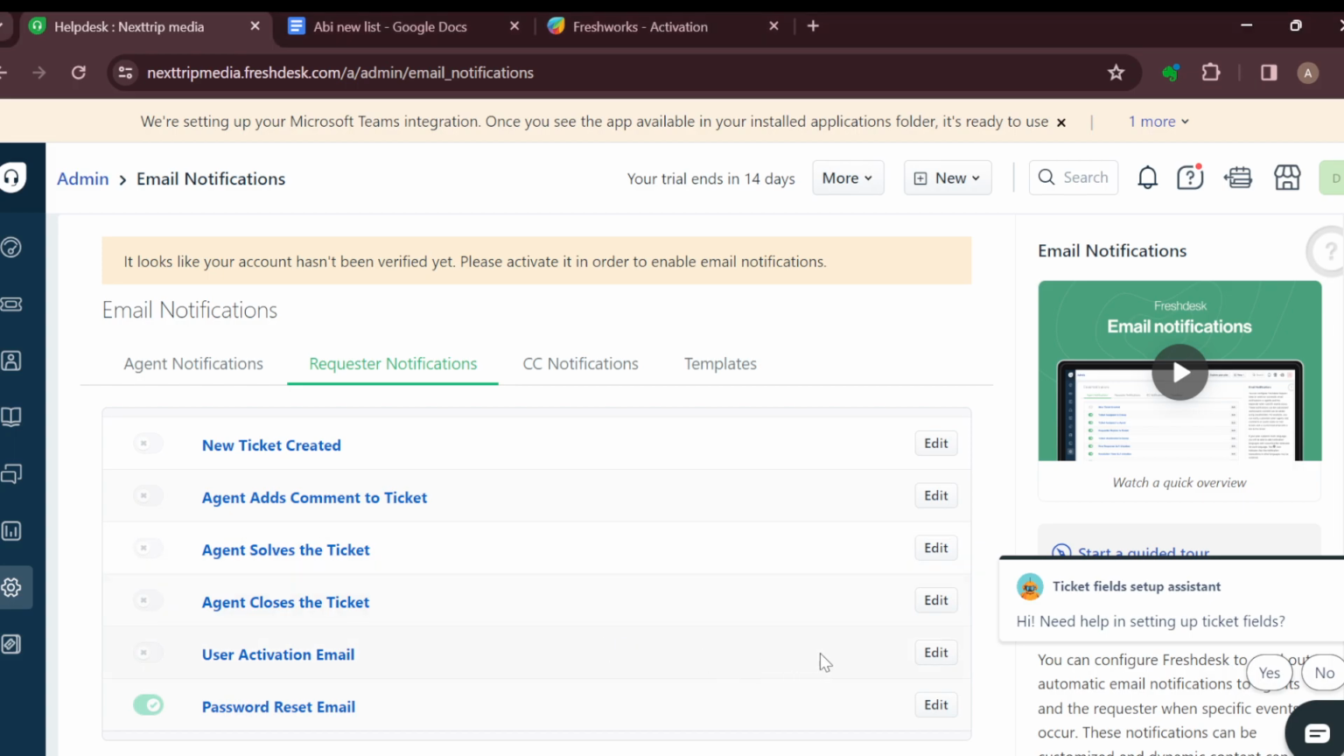So this is the user activation email here. Ensure it is disabled. If yours is enabled, ensure it's disabled. Mine is disabled already, but if yours is enabled, that's if it's green and ticked like this, ensure it's disabled. Once you have it disabled, the next step is to go to the customers tab and click